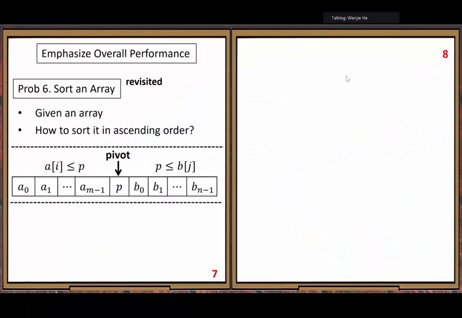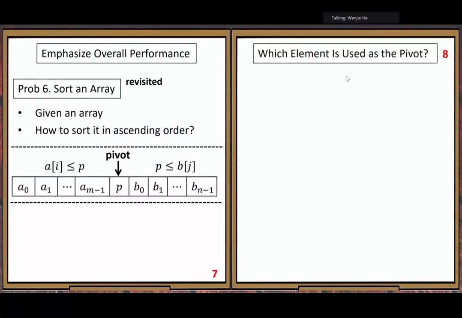So in our next round of analysis, we want to work on the implementation details to make it happen. Which element is used as the pivot? That's the critical question, the important question we need to answer.